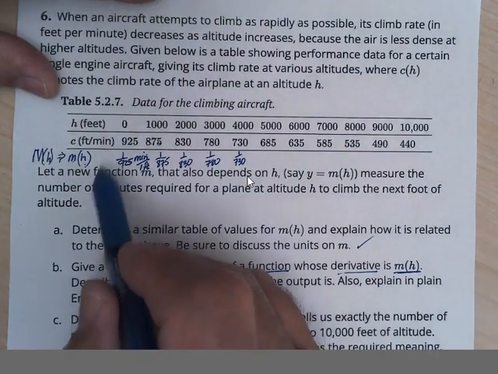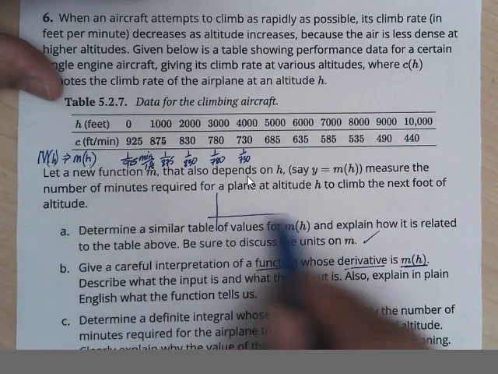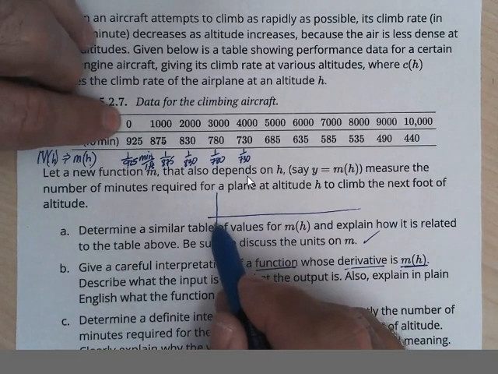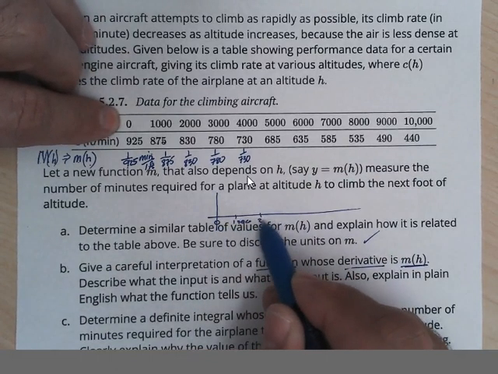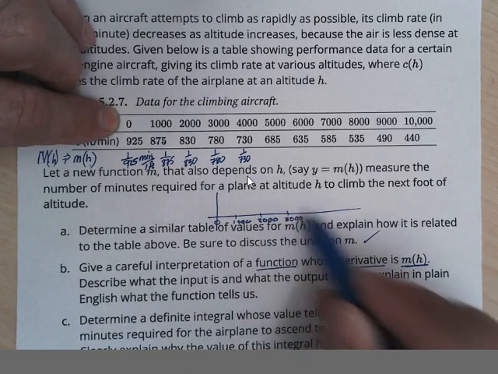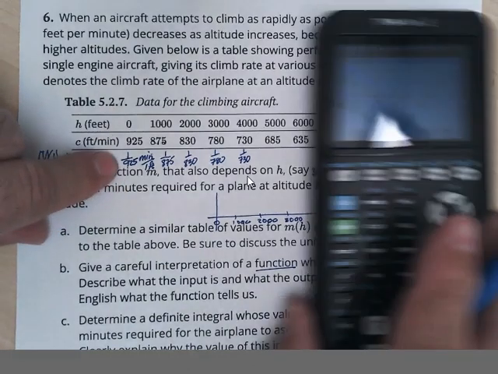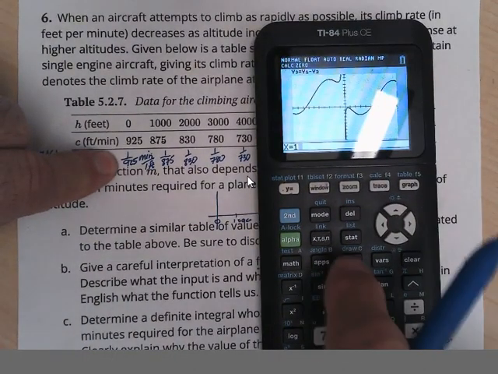If I were to graph this, just so we understand what's going on, as the height increases, 0, 1,000, 2,000, 3,000, and I graph these on